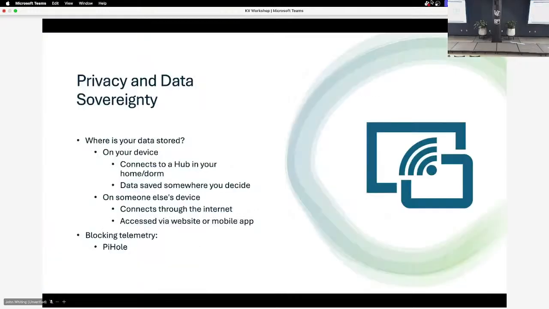One other consideration that we had talked about was privacy and data sovereignty. Data sovereignty being, where is your data located? Is it something that you control? Is it something that someone else controls? Does it exist on your device? Does it exist in AWS? These are all considerations for how you want to control your situation. For example, if you're hosting it on your device, you host something like a Raspberry Pi, or you buy a pre-built hub, such as the Philips Hue, and you will be able to connect to everything on there, and all the data stays on that device or where you specify. So you might be able to have a NAS server, for example, running on your